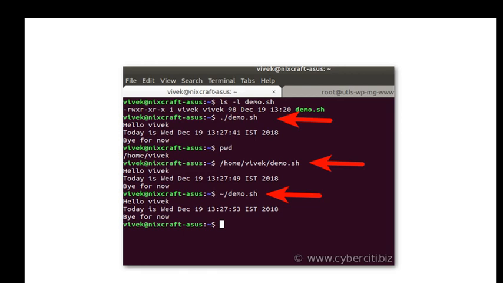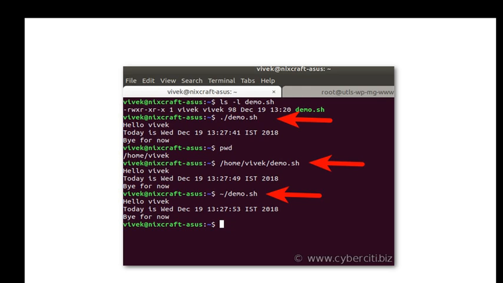In the example, I am in the terminal and I have given ./demo.sh. It shows Hello Vivek, today is Wednesday, today's date and time, and bye for now. If I give pwd, the present working directory is shown.